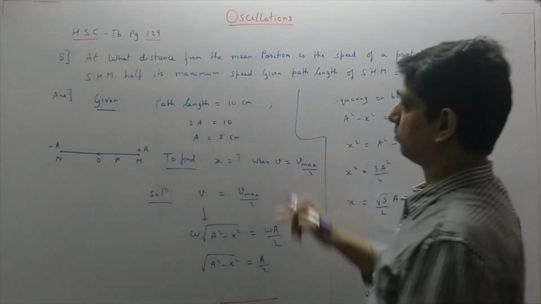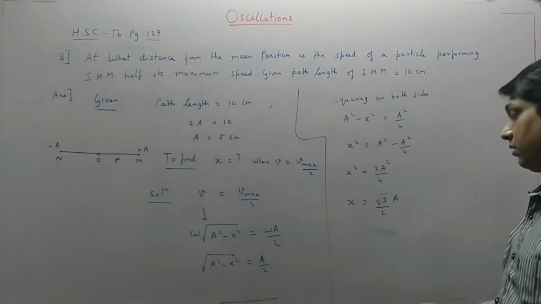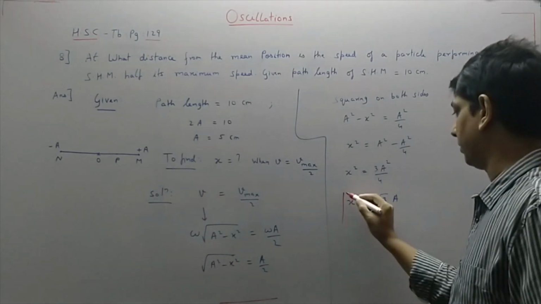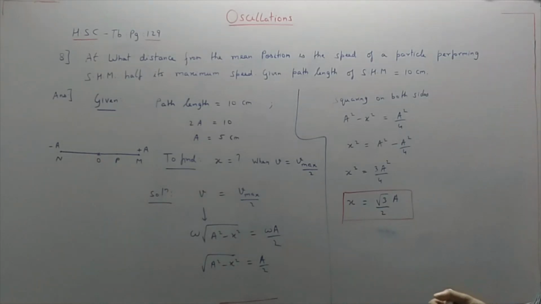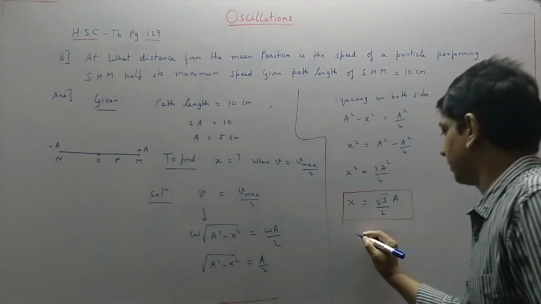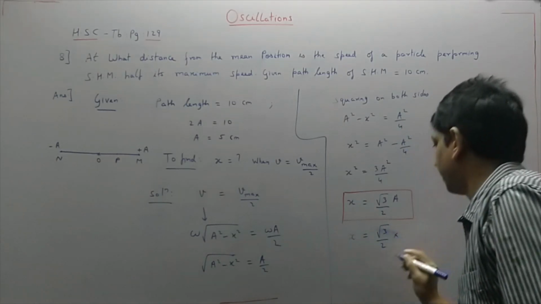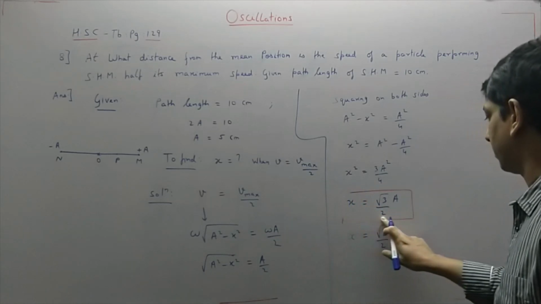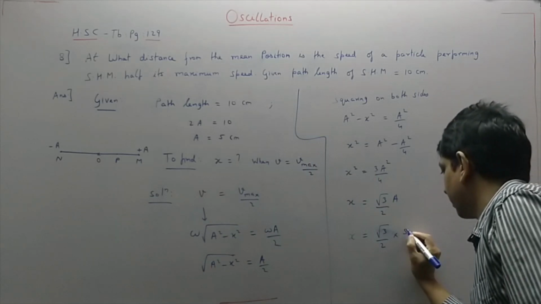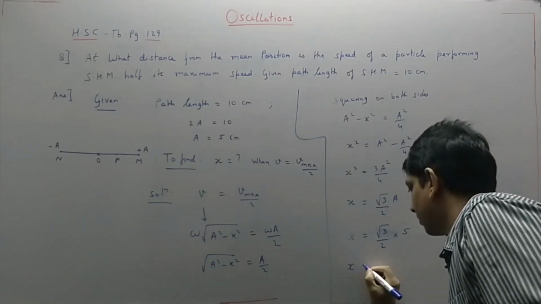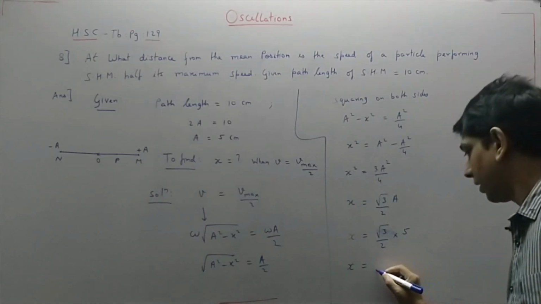At what distance from the mean position? The distance we are getting is x. When V equals V max by 2, we are getting the answer as x is root 3 upon 2 into amplitude. So this is the answer. So what is your amplitude given as? X is root 3 upon 2 into amplitude. When we put the amplitude here, it is 5 centimeter. So we have to solve this. Root 3 is 1.732 divided by 2 into 5. So the answer we are going to get